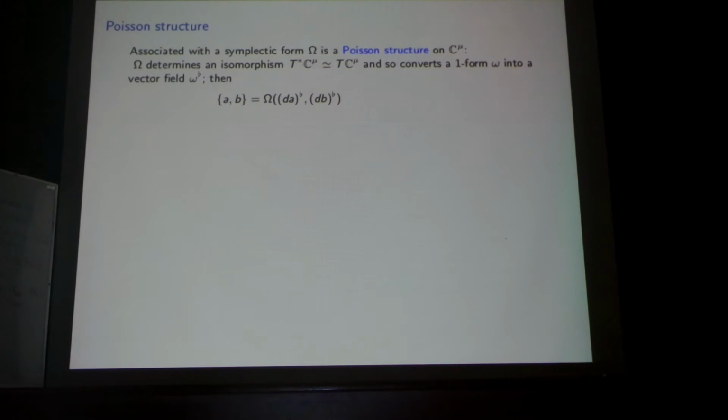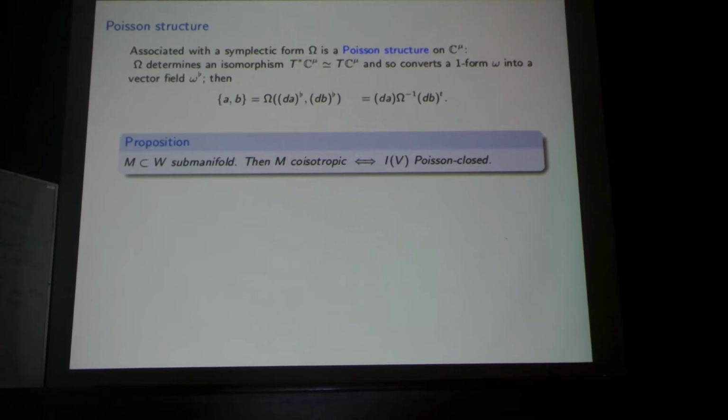And so when you pair them, in fact, you're simply multiplying together omega by omega inverse twice, and the formula simplifies in this way: you write down the exterior derivative of the function A as a row vector, and on the right-hand side of omega to the minus 1, you write down the exterior derivative of B as a column vector. So, if you have a coisotropic submanifold of a symplectic manifold, then coisotropicity is equivalent